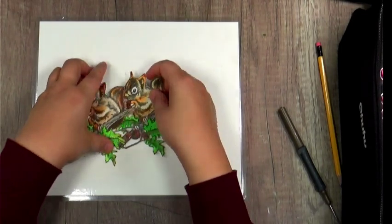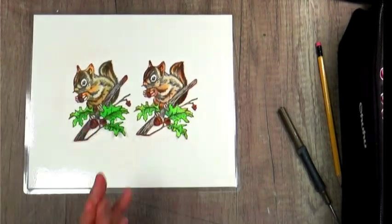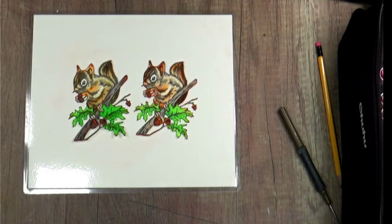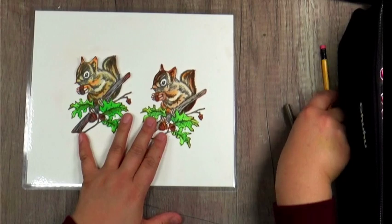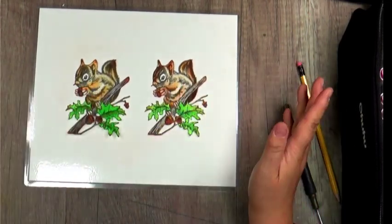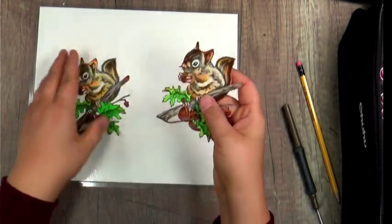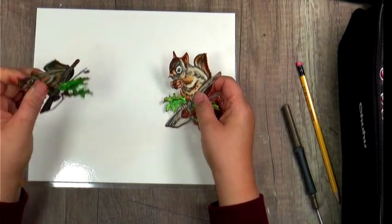Okay, and now I am going to take those away. And I want you to take a guess. Which one is done with the Copic marker and which one is done with the Ohuhu alcohol marker? Do you want to take a guess? Is it the right side or the left side? Which one is done with the Copic? Okay, let's find out. This one is done with the Copic marker and this one is done with the Ohuhu